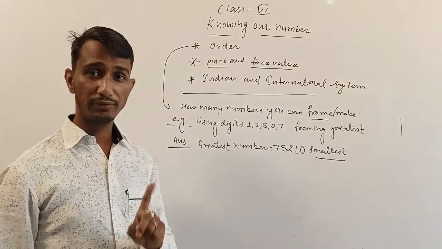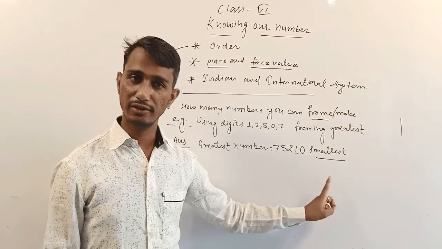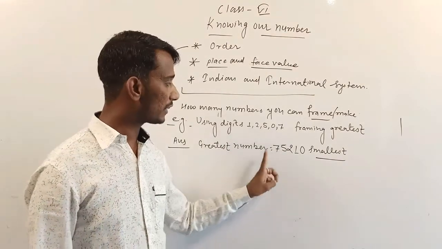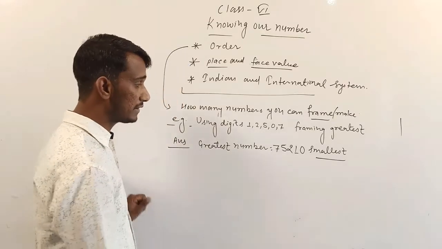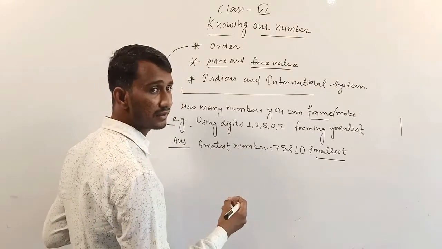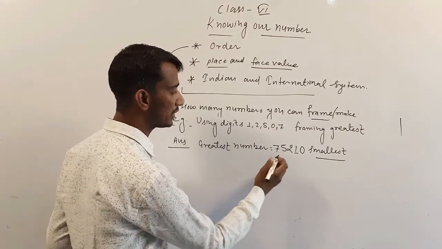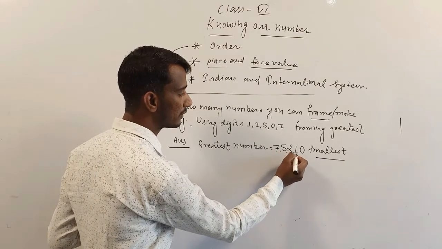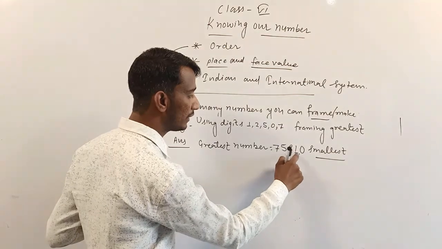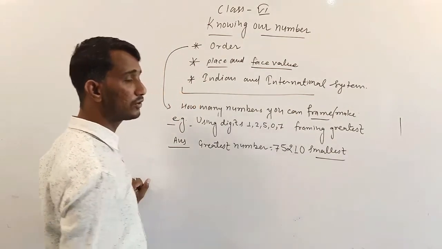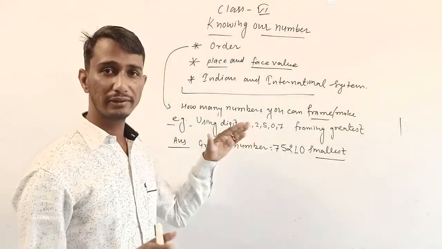Okay. Dear student, one more important thing. When you write any greatest number and smallest number, don't write the digits separately. Most students can frame the number as the greatest and smallest number, but they have to count, okay, this is the wrong process. So you will write in this manner. No need to put the comma. Okay, you can use a comma, but according to the place value chart.